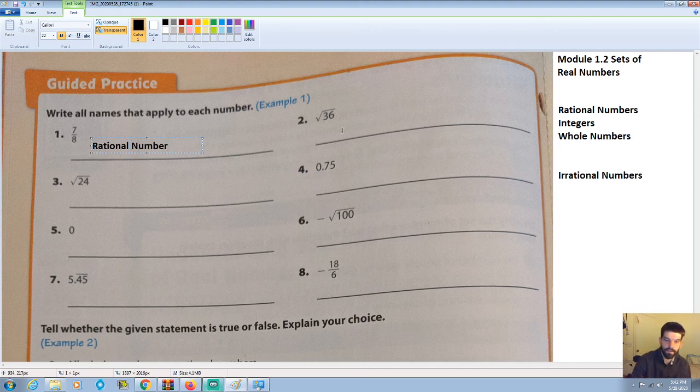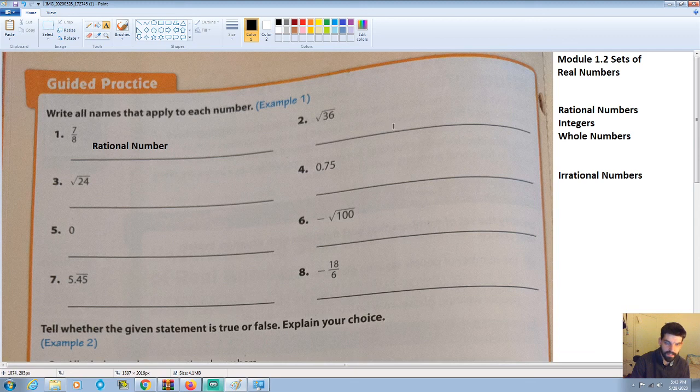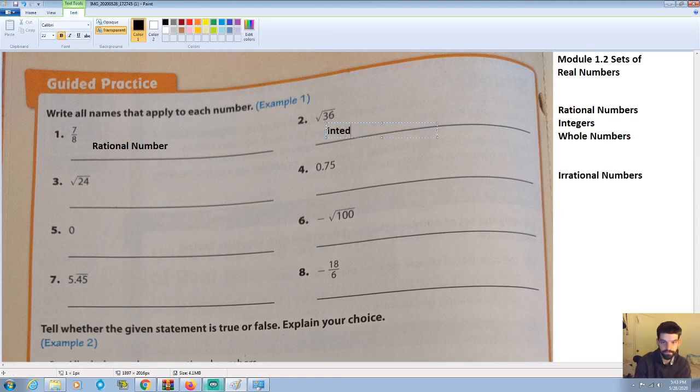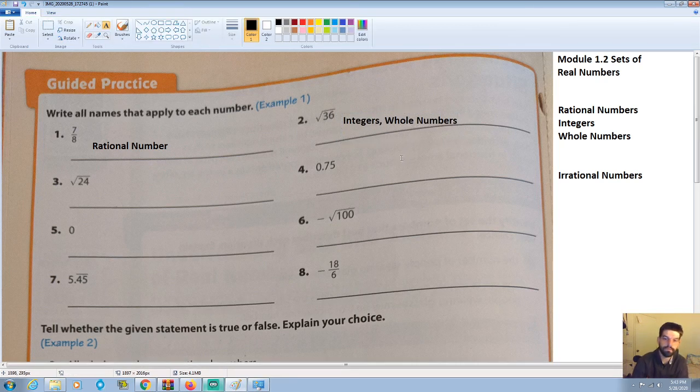Okay. The square root of 36. Now this one's a little tricky because it can be plus or minus 6. Remember, when we take the square root of a value, we're going to end up with the positive and negative of that, because if you square a negative, you end up with a positive. So this is going to be integers and whole numbers. Okay, so remember, because 36 is a perfect square, that means that its square root will be an integer